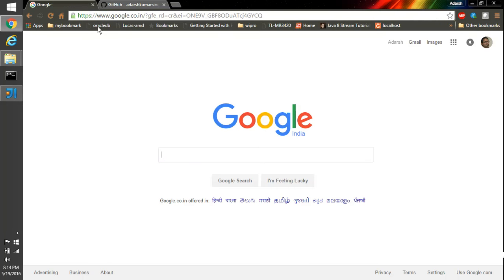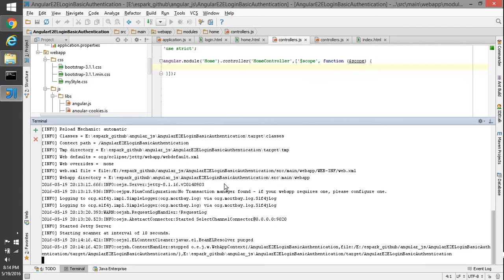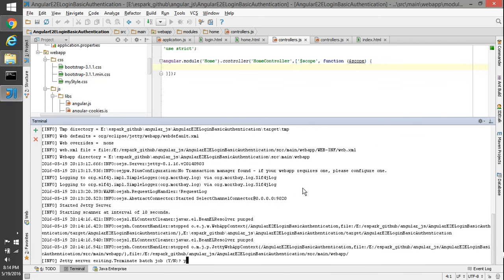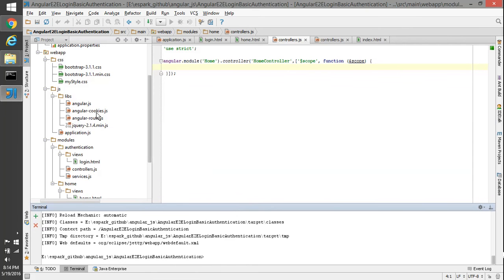So this is the simple application we have created here. Let's see how this will be tested by using Protractor. I'm breaking this execution by pressing Control C and clearing up. Before getting into that, let's get into the testing environment.